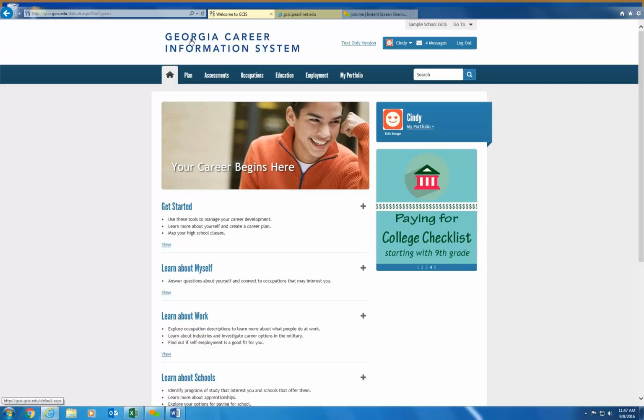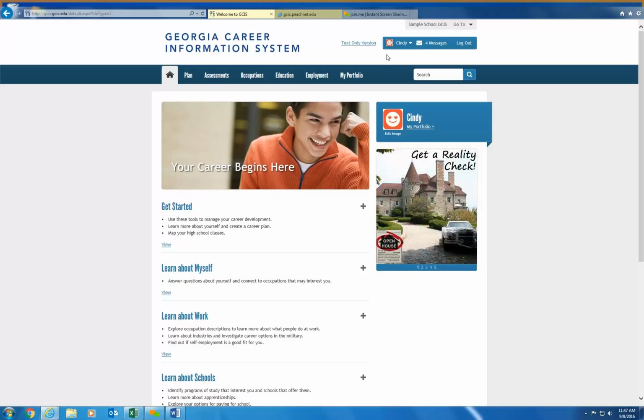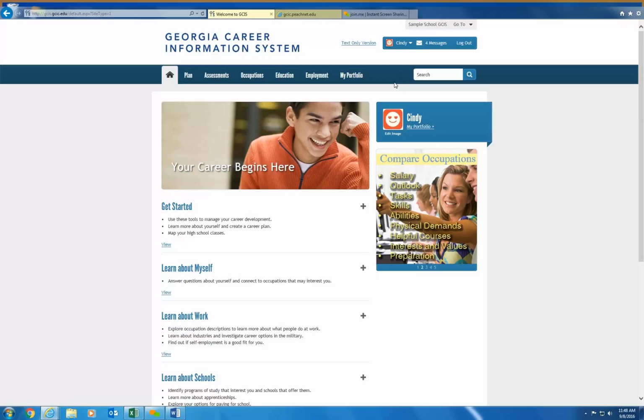Over on your right-hand side, you will notice the name of your school once you actually log in, and the name of my school happens to be Sample School. I will also notice that since I'm logged in as a student, my name will appear at the very upper part of the screen, as well as be duplicated a little bit lower. So you'll see my student's name is Cindy.